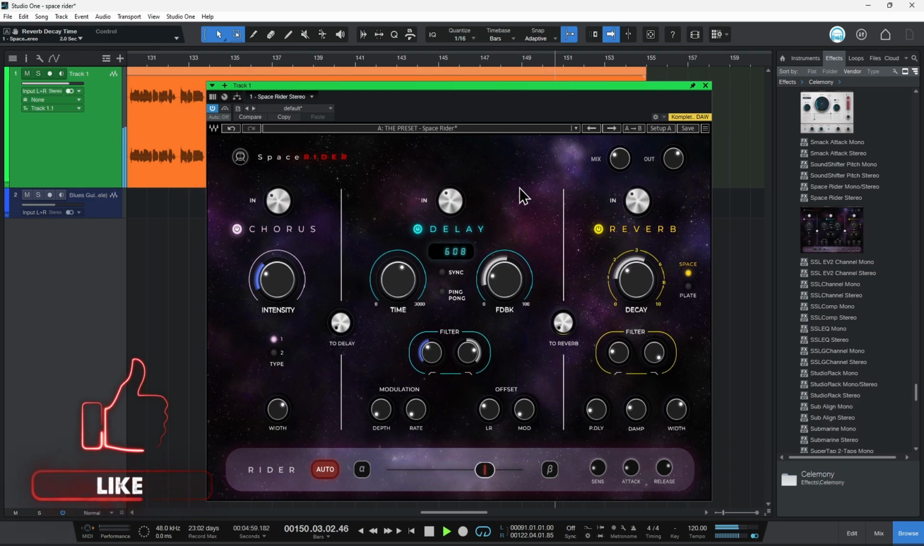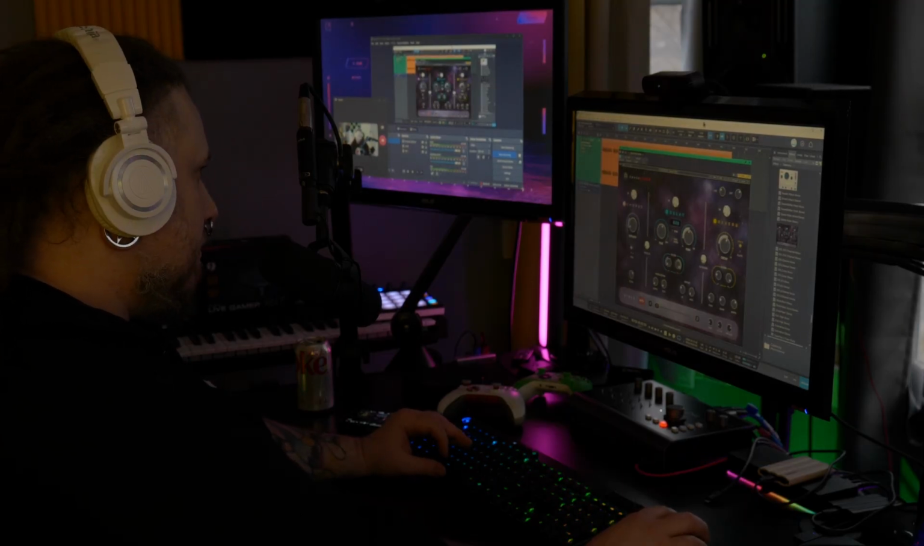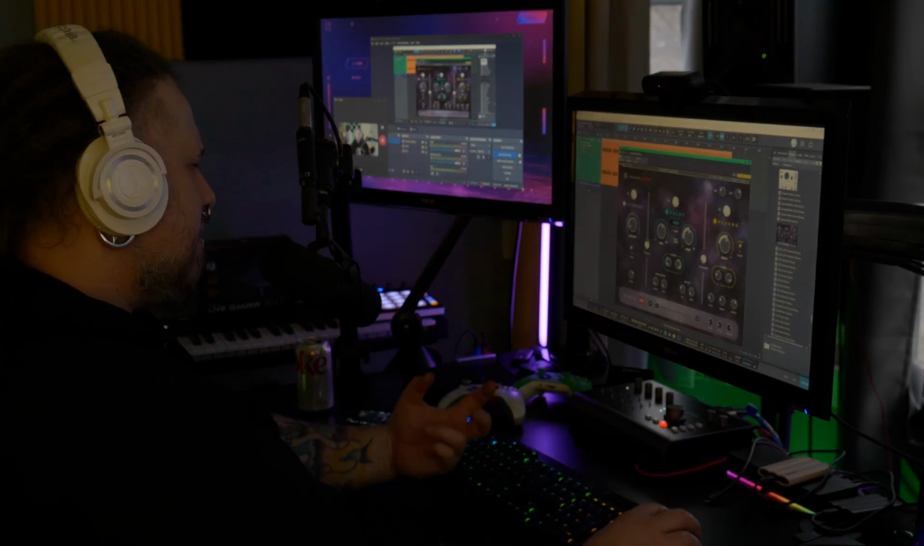We can put our past behind us anywhere. We can go anywhere. So this plugin essentially, you know, it's about creating space and about creating some kind of